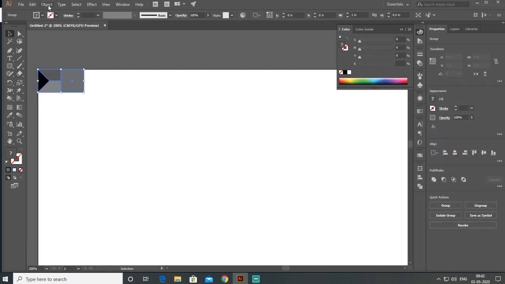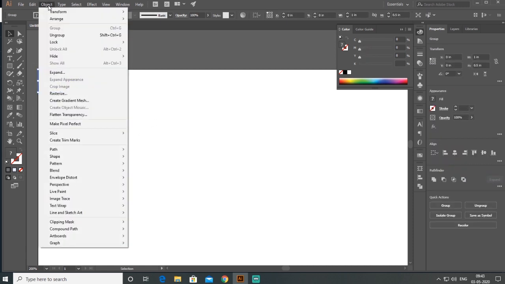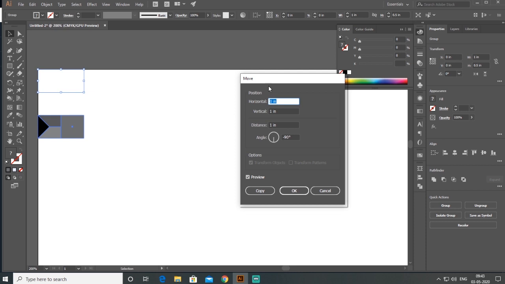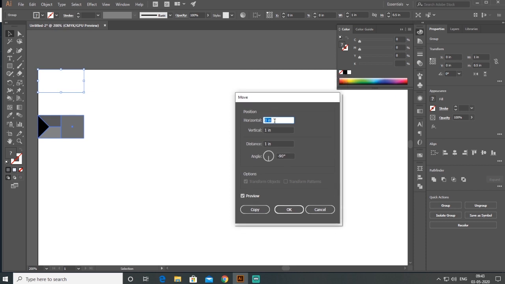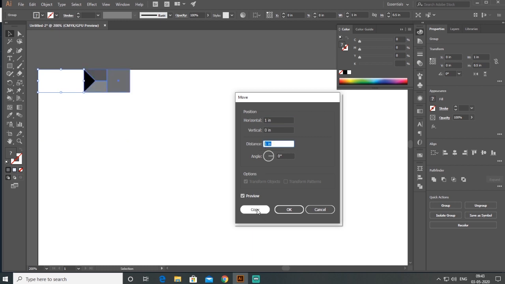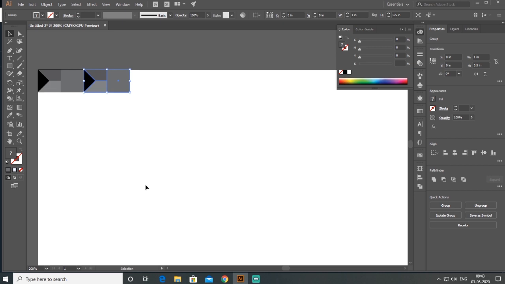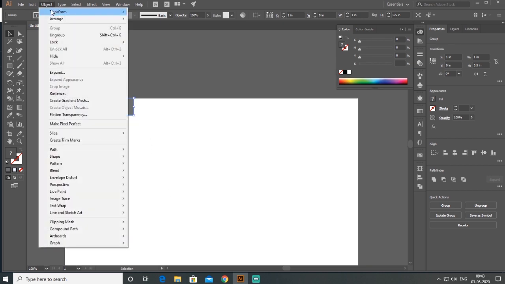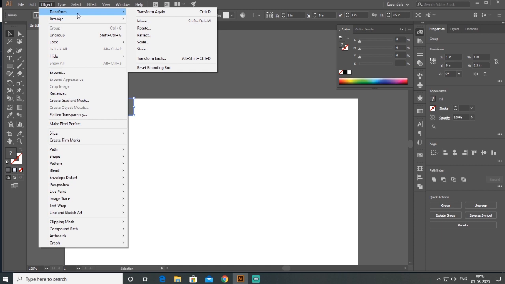I select both objects, then go to the Object menu and Transform. In Transform, I want to move my object horizontally 1 inch and vertically 0, and then copy. To repeat this Transform, I go to the Object menu, then Transform Again.